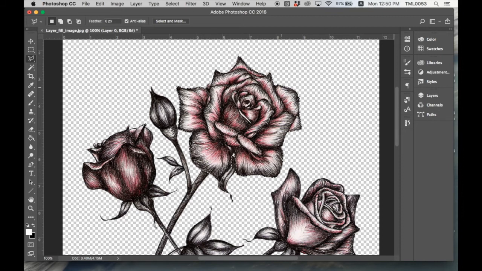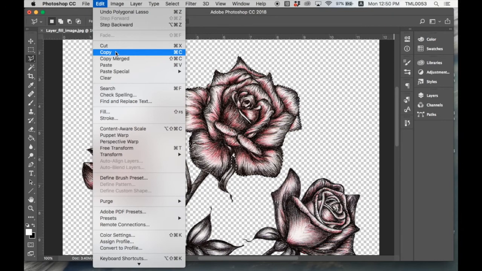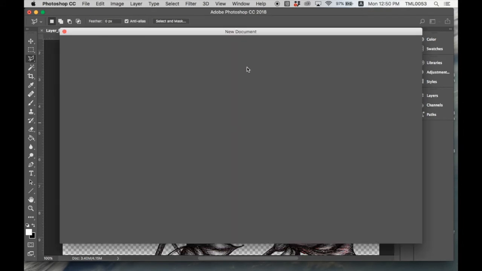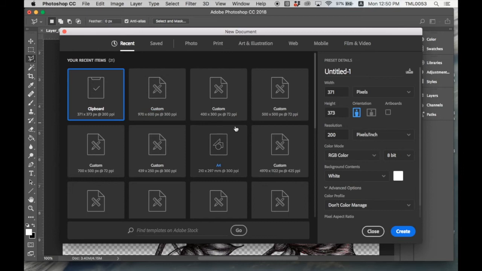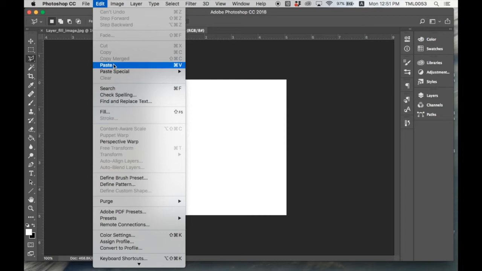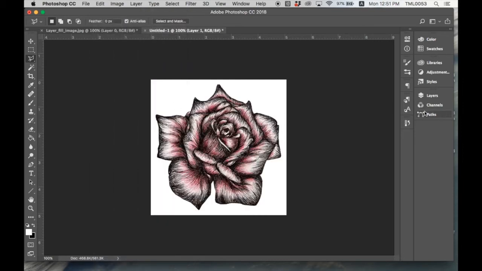What I would do is, let's say you have finished your selection, you can go to Edit, Copy, and then you can create a new file. So the new document size is based on what you have copied. I'm just going to increase the size a little bit here. Just click Create, and then you just need to go to Edit, Paste, and then you can see that